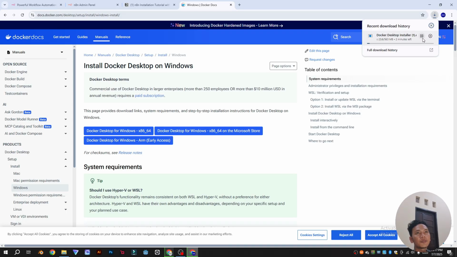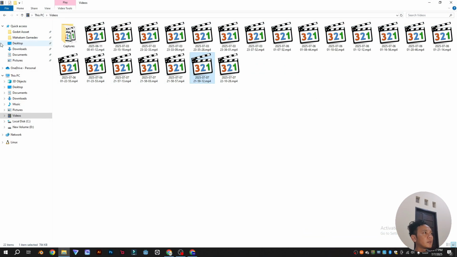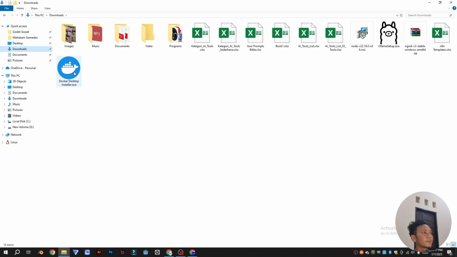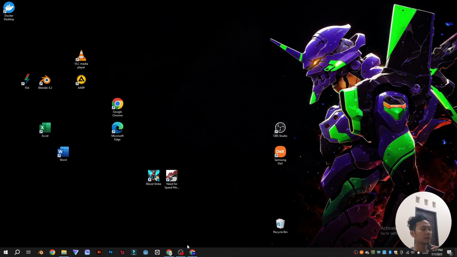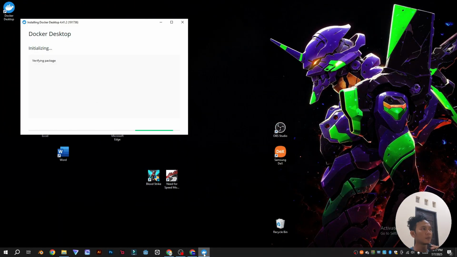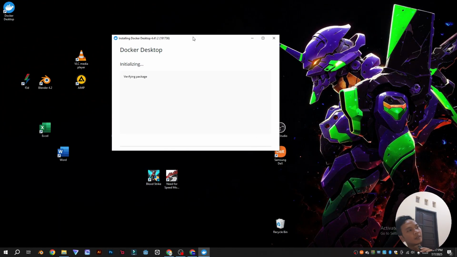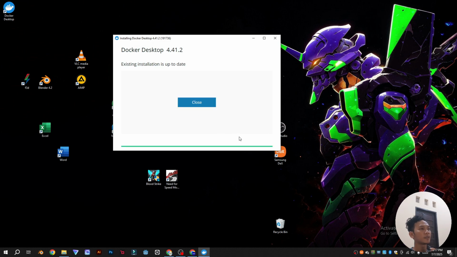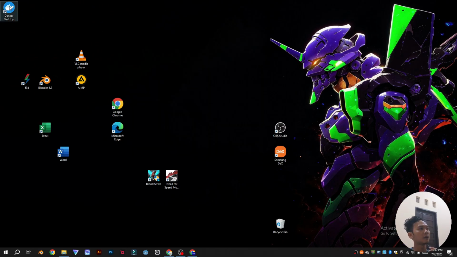I already have it, so let's install it. Here is. So we can just choose the default settings for installation, but I already have Docker installed, so let's go straight to opening it.